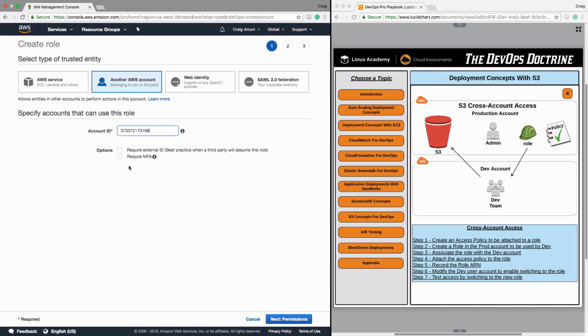Now note our options. We can require MFA and we can require an external ID. Best practice when a third party will assume this role: if you give out this cross-account access to a third party without this external ID, you could run into a situation known as the confused deputy. That's a situation where a third party to your third party could get this information and gain access to